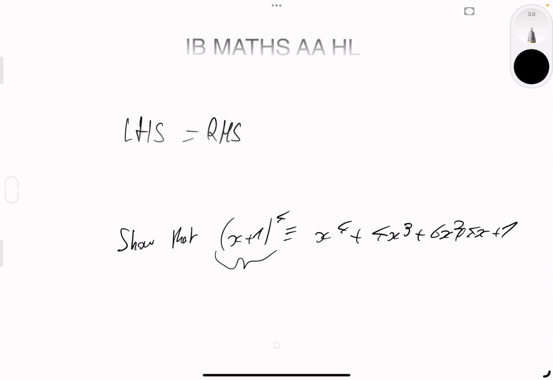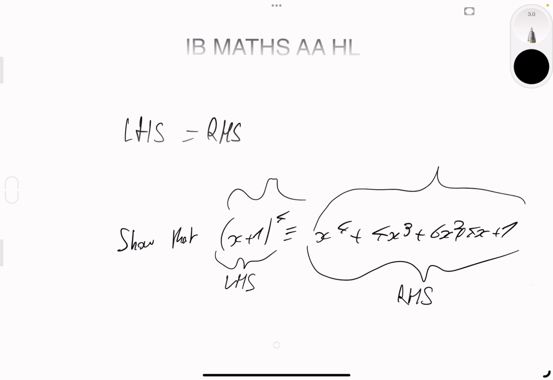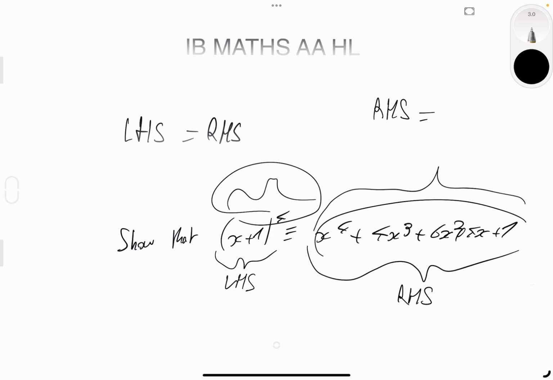So this is considered the LHS, or left-hand side, and this is considered the RHS, or right-hand side. Looking at this, you're either going to want to simplify this or develop this. The easier way to do this would be to develop the left-hand side. So where you're going to state is that RHS equals this thing here. And then you're going to go and say